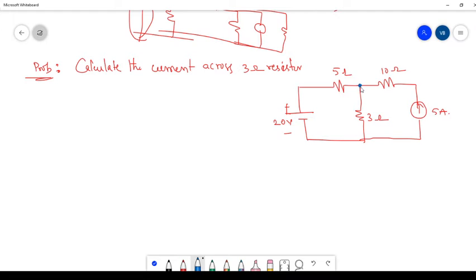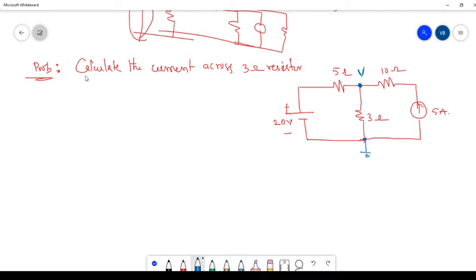Here we are having a node. Let us take that value as V. So you can apply KVL or KCL. While applying KVL, you observe this is one loop and this is another loop. While applying KVL here we are having a current source, then application of KVL is complicated. Next, KCL you go. So KCL, this is nodal analysis. So here we are having only one node, and this is a reference node that we are not considering. So only one node, and simplifying this entire network will be very easy.